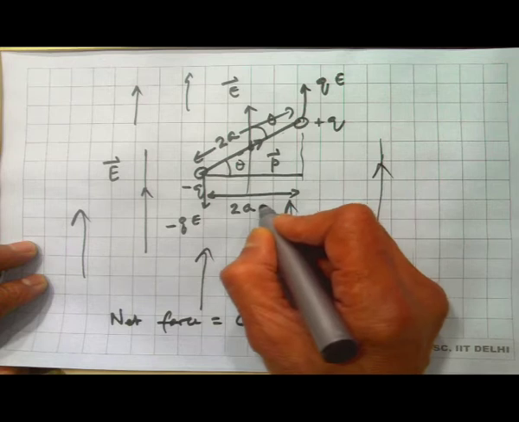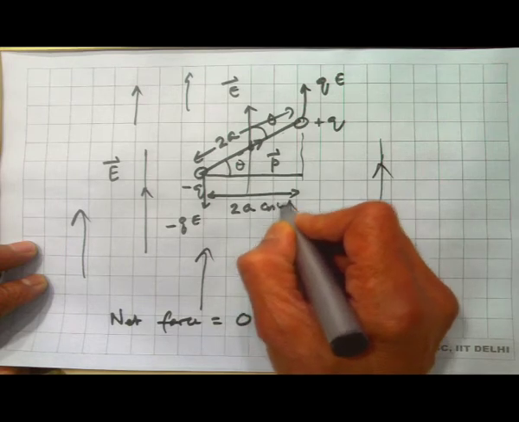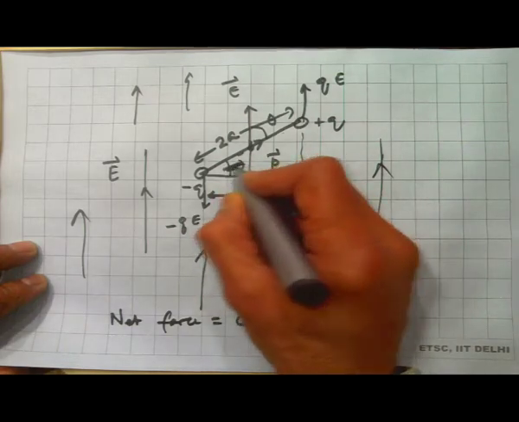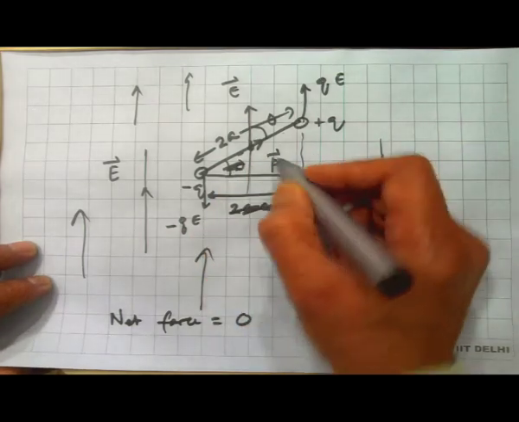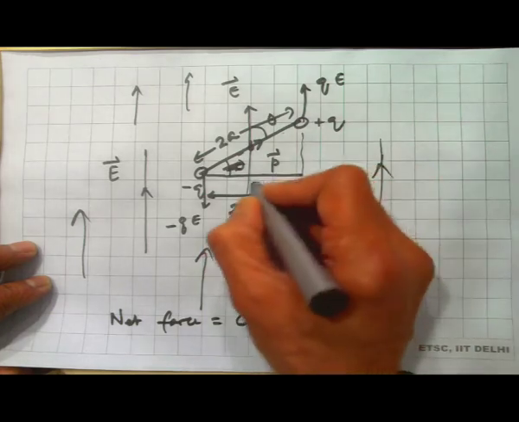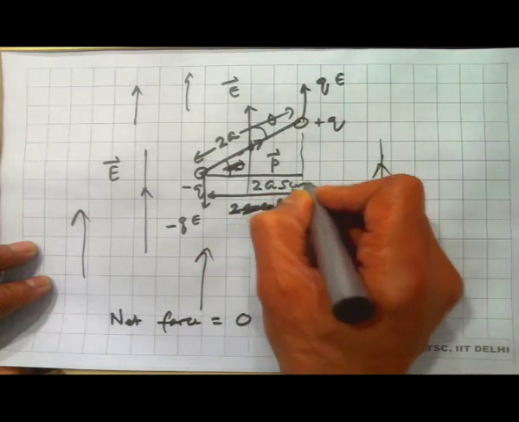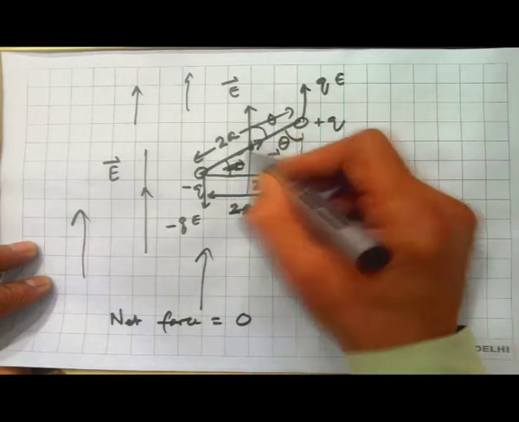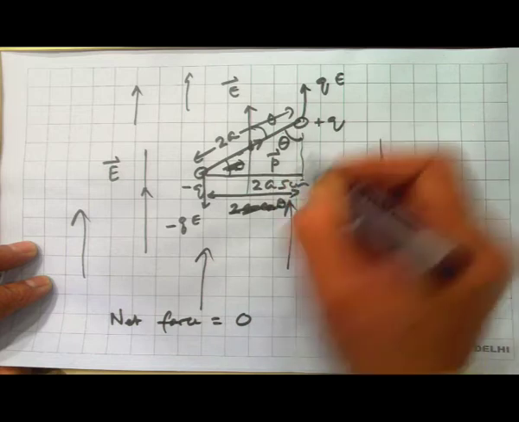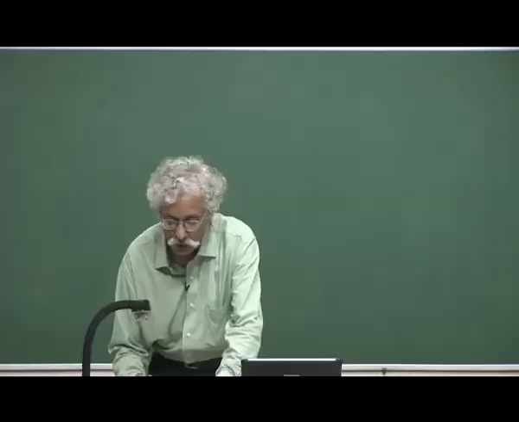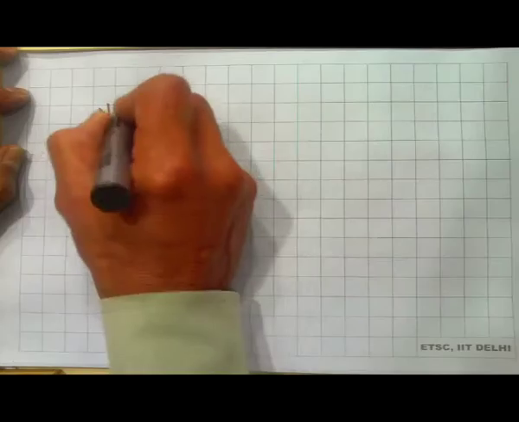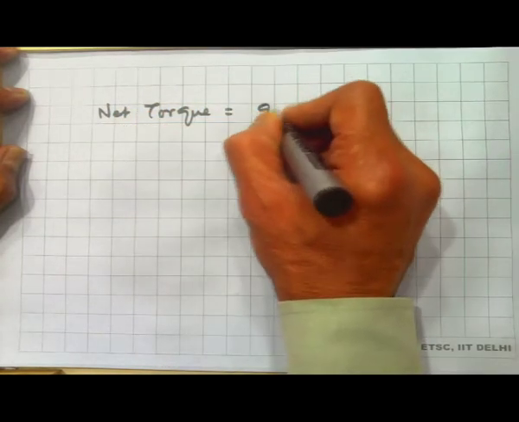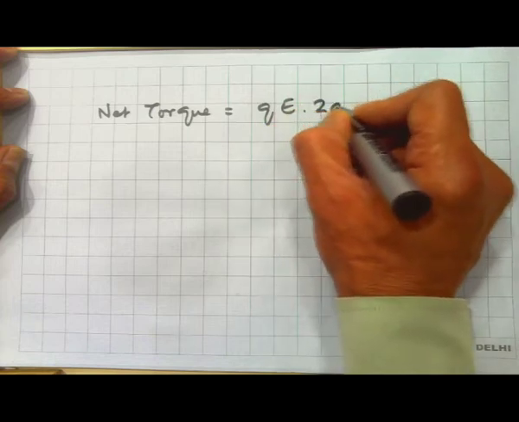Sorry, this is not theta. So, this is 2a sin theta. This angle is theta, this angle is theta. These are two opposite angles here, theta and theta. So, this is 2a sin theta. So, the net torque, let me calculate, is the force qE multiplied by 2a sin theta,